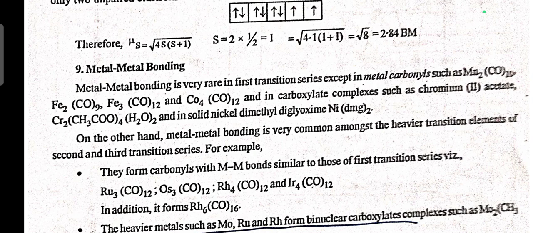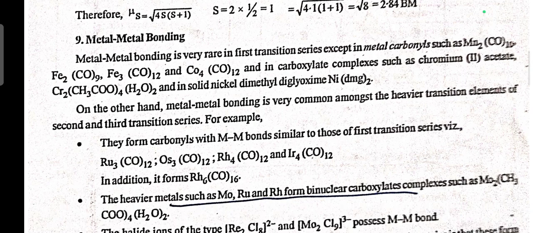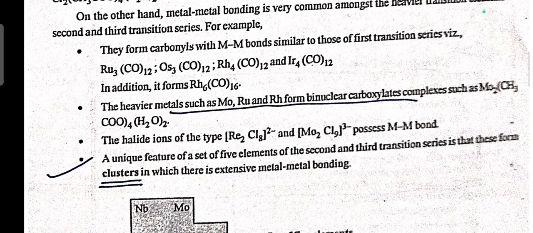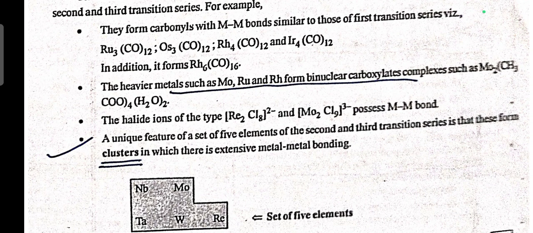Ni(DMG)2. On the other hand, metal-metal bonding is very common amongst the heavier transition metals of the second and third transition series. For example, they form carbonyls with metal-metal bonds similar to those of the first transition series,